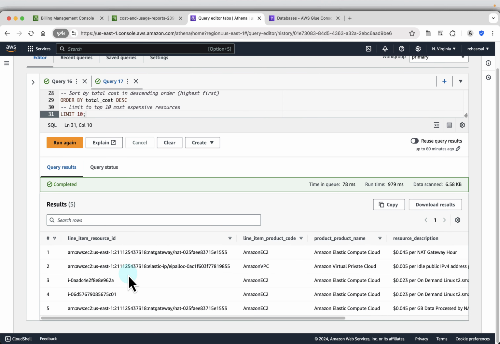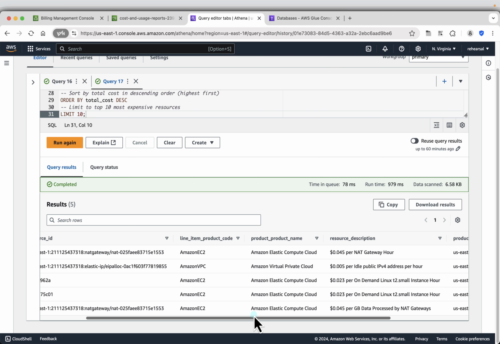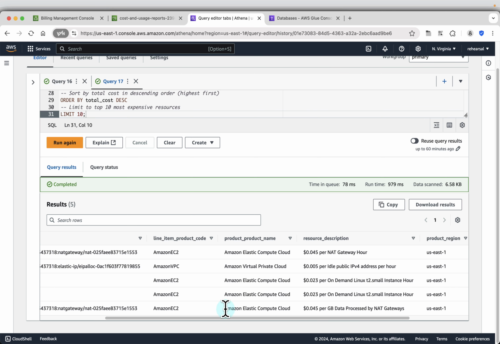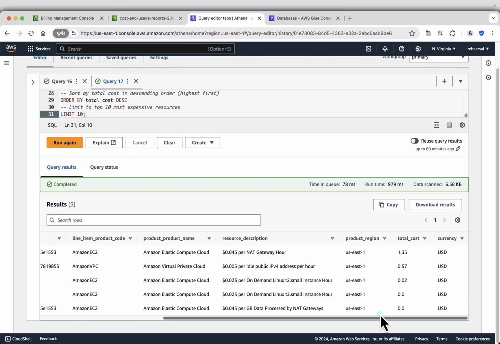So this will give me the top 10 most expensive services. The first one is NAT gateway, and it is part of EC2, and the product name is Elastic Compute. Okay, same EC2, and how much was spent. So total cost, you can see the maximum this month I have spent on NAT gateway, $1.35, then $0.57,